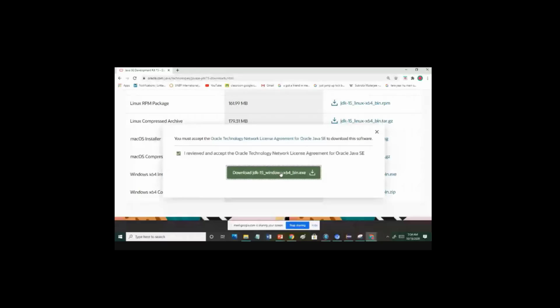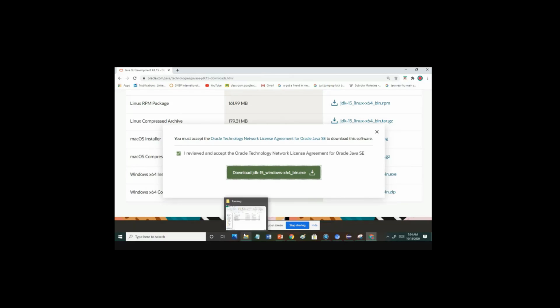Okay. So, moving further, once we have downloaded and we click on the exe file, we will get one option which I have showed you, and we have to click on yes. So we will just go to that folder and see whether our Java JDK file is installed or not.